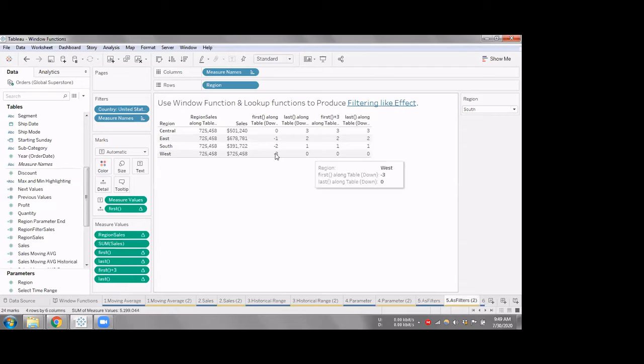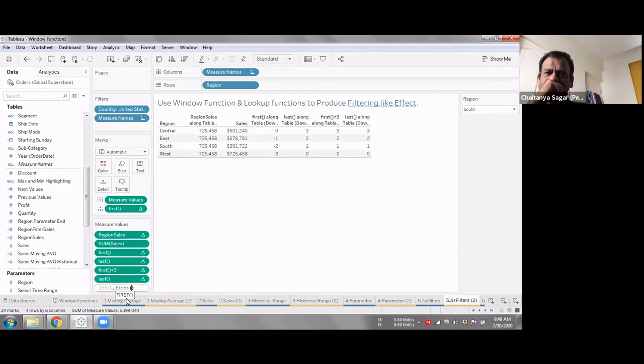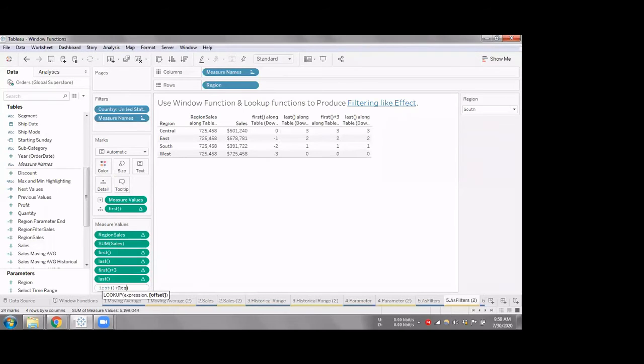But we can do that simply using a lookup function. Lookup function doesn't take much effort. So you just type lookup and SUM of sales, and pass in the first argument plus the parameter which we created.